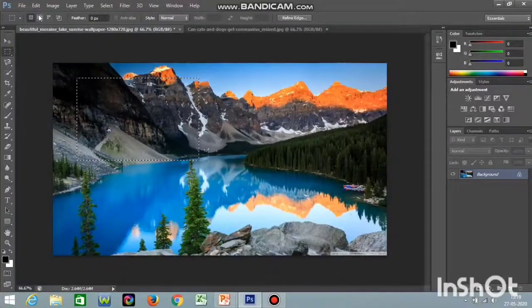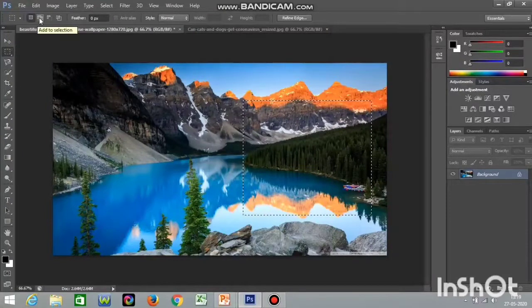And assume that the second one, as I said, is add a selection. If you place your mouse over the options, you can see what each option is. When you place it here, you can see subtract from selection, and next is intersect with selection, and this is the new selection. When you want to select, by default it will always be new selection. And say if you want to add another selection, if you choose rectangular and you try to select another area, the first one will automatically get removed. That selection will become deselected. So when you keep your option as new selection, only one selection can be made.